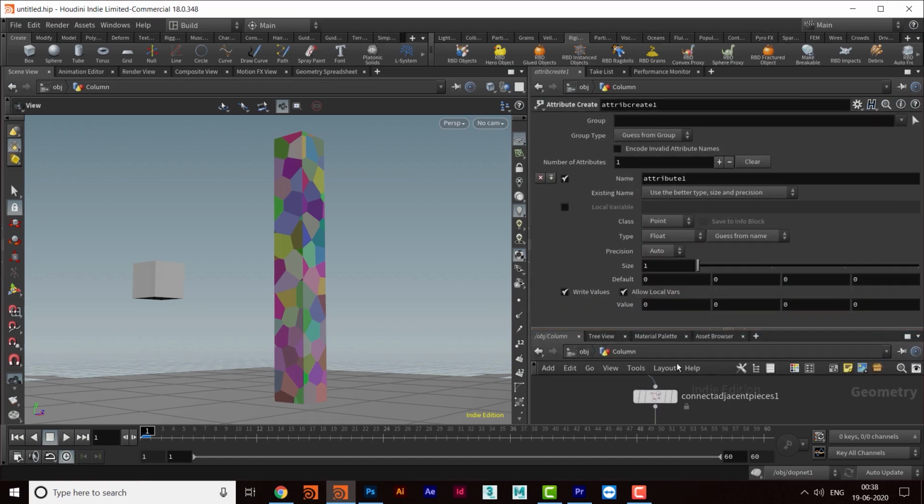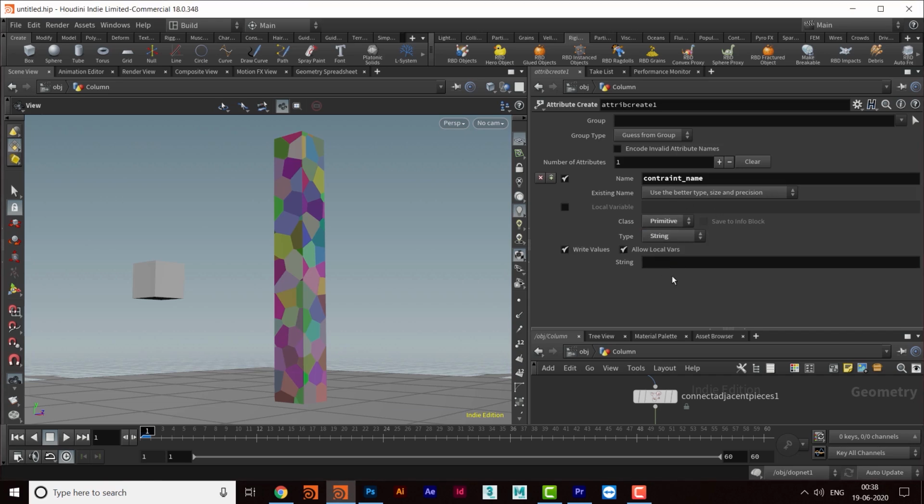I'll create two attributes here. One is constraint_name. That is the first one, and here in the class I will take primitive, and for the float I will take string, because I have to put the name here. The name of the constraint will be glue.